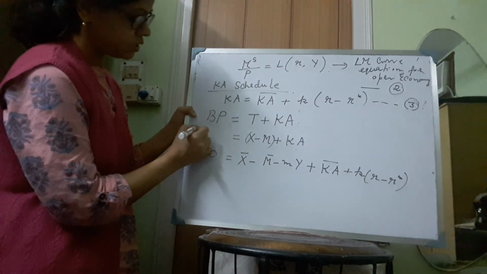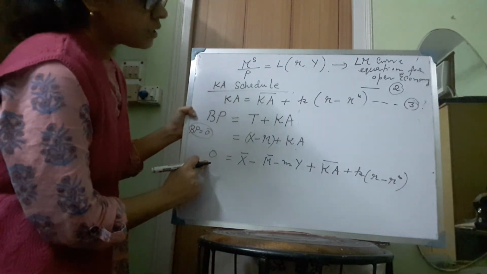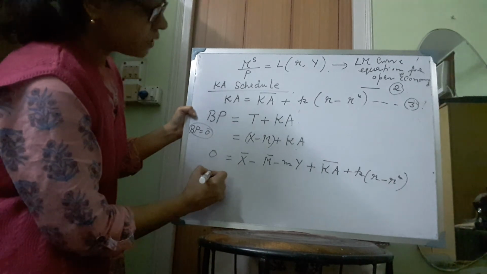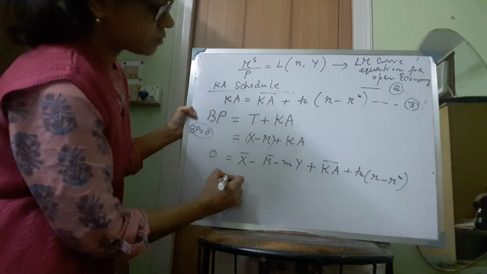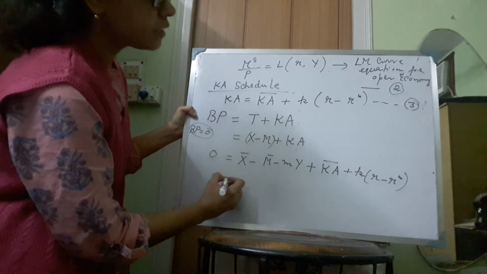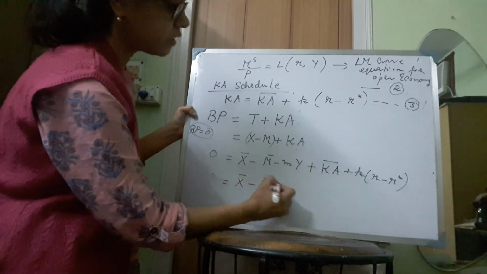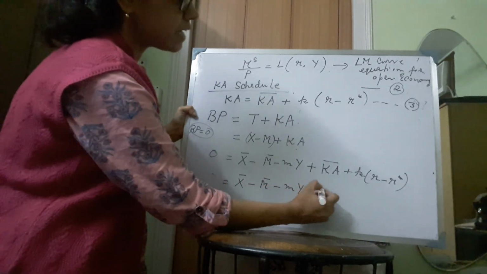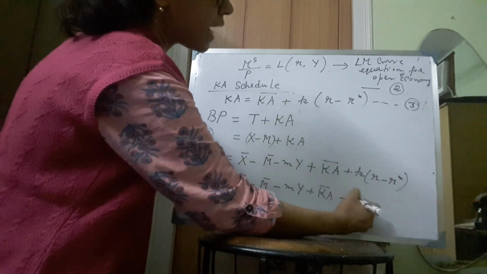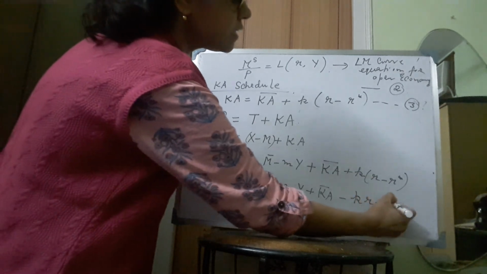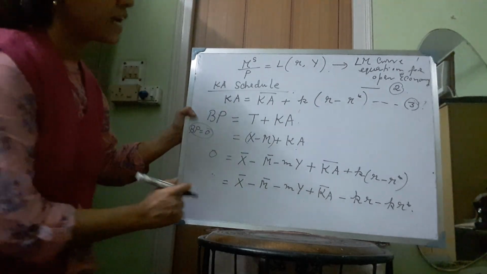So if BP is equal to 0, then in place of BP we can write 0 on the left hand side. Now by simplifying this we can write X bar minus M bar minus mY plus KA bar plus k(r minus r star). Now by changing the sign we get